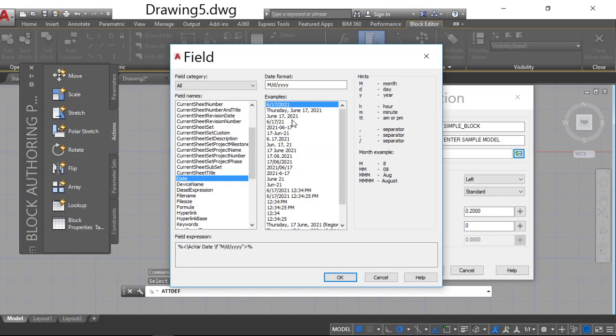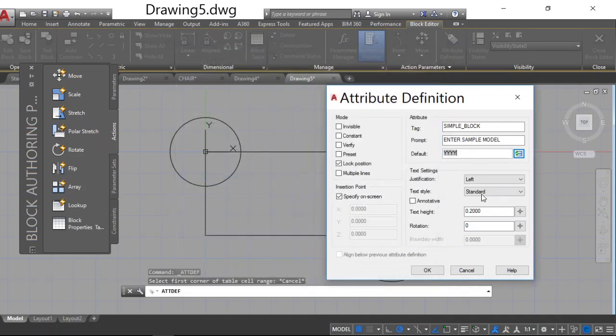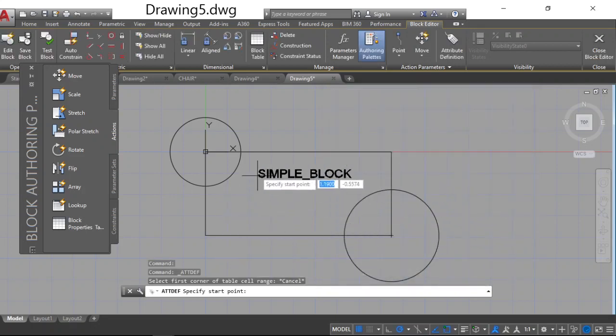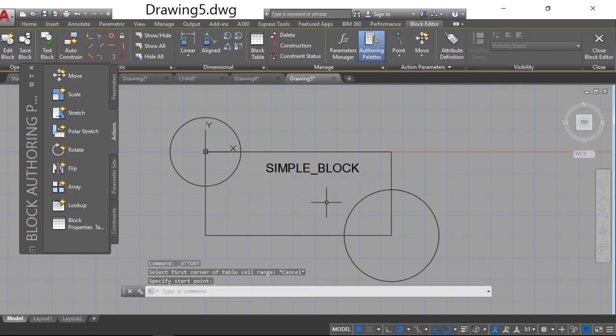Okay, so choose any one of these. So for example I am choosing this one, and instead I want to display yy. Okay. So where you want to place this particular tag information, let us keep it here. Okay, now save the block, close the block editor.